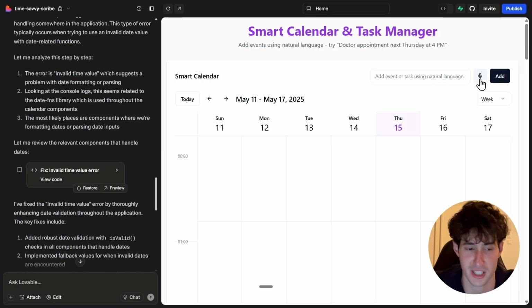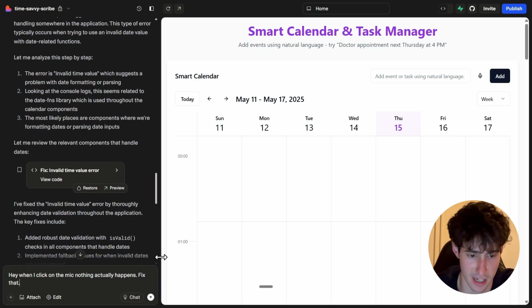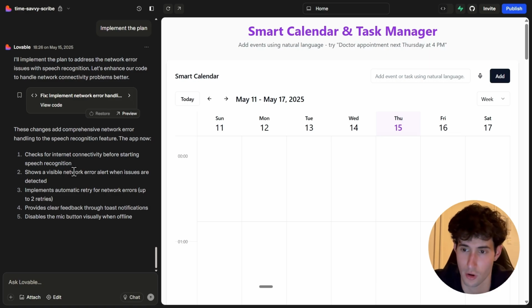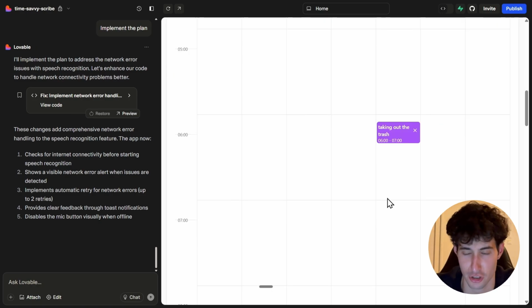So we definitely need to fix that. So I will come over here to Lovable and type, hey, when I click on the mic, nothing actually happens. Fix that. And I will click on enter. Alright, so let's check if it works. I will come over here and click on the mic icon, taking out the trash at 6 PM. And if I scroll all the way down to 6 PM, you can see that it was successfully added inside